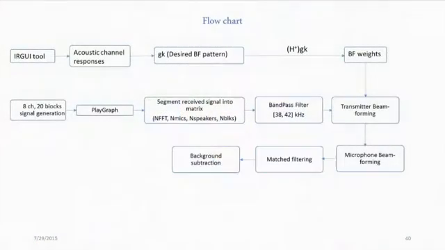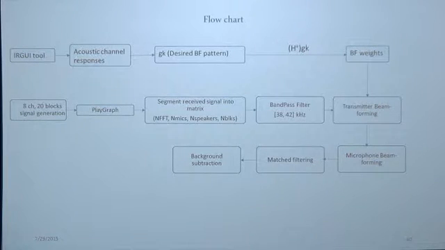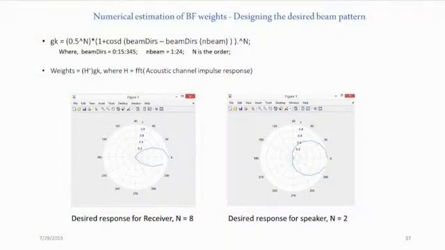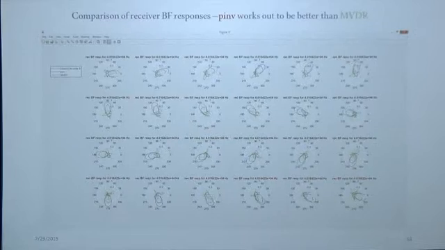So taking a look at the flow chart of this entire system, this is basically a recap of what we saw. We have the IR GUI tool. We generate the acoustic channel responses. We design and generate the desired pattern. I should probably mention a little bit about that. So this was basically the signal, like I mentioned, that generates this pattern. So we generate that signal,